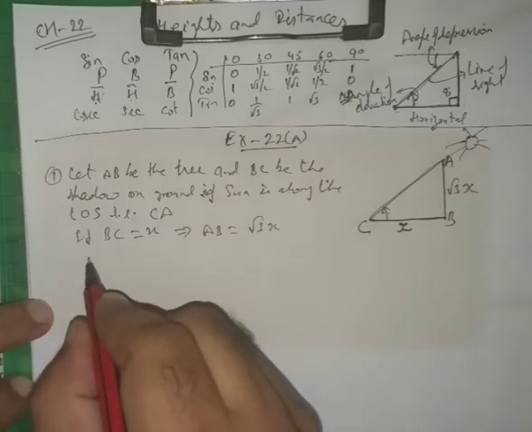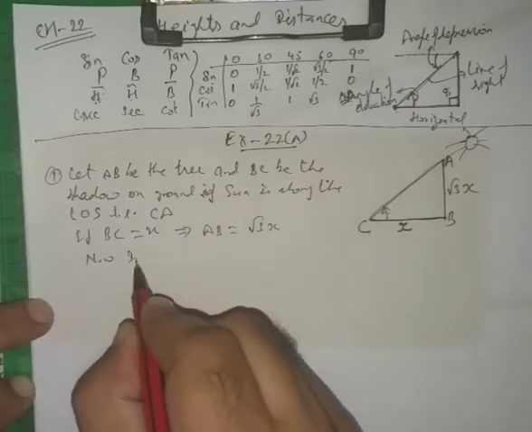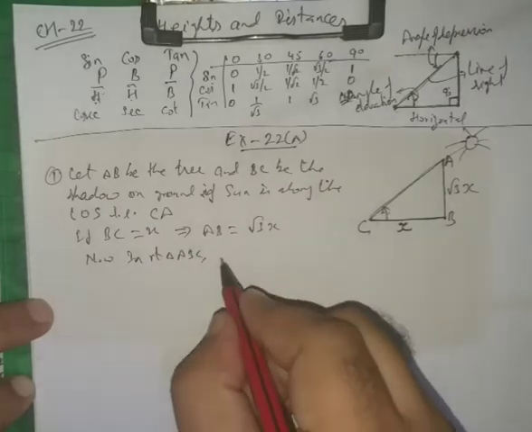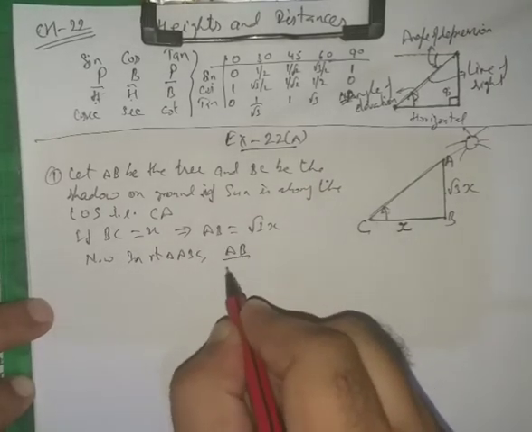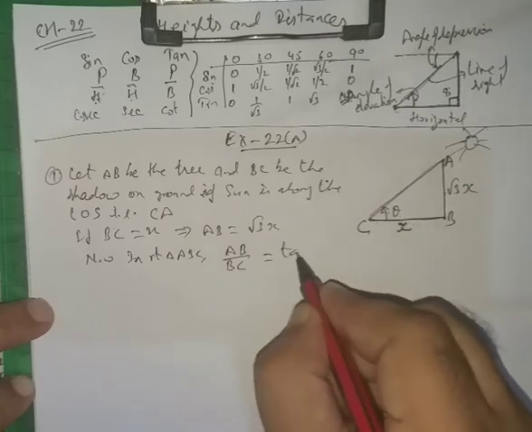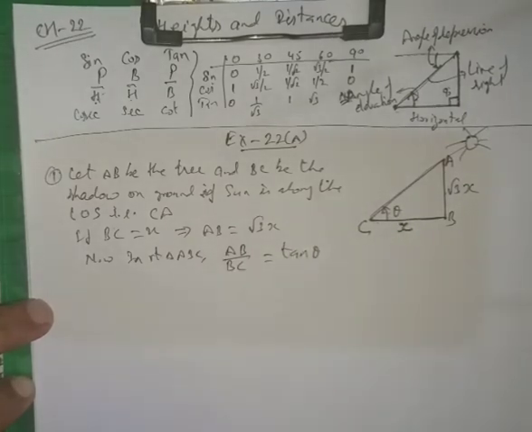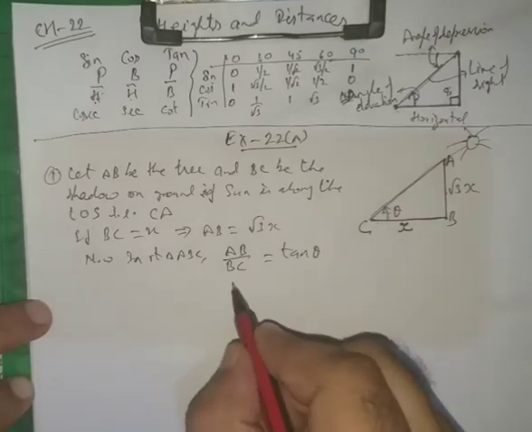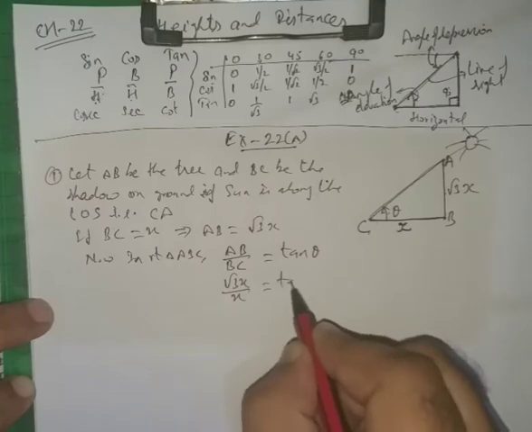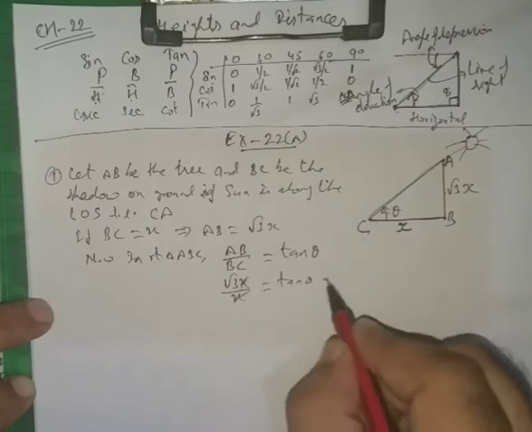So now in right triangle ABC, AB over BC is equal to, let us say that this angle is theta, tan theta. So AB is root 3x and BC is x, equal to tan theta. So what we get is that it is equal to root 3,